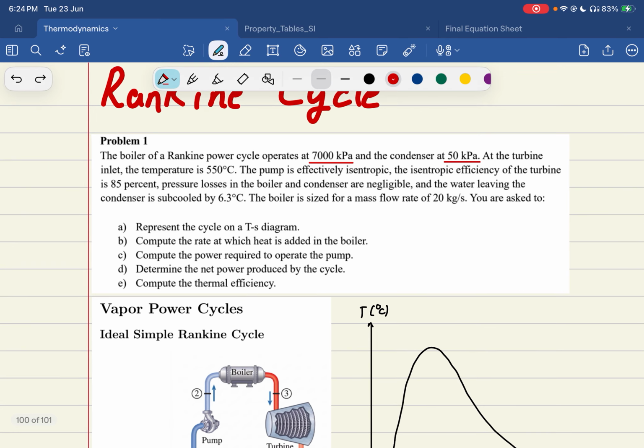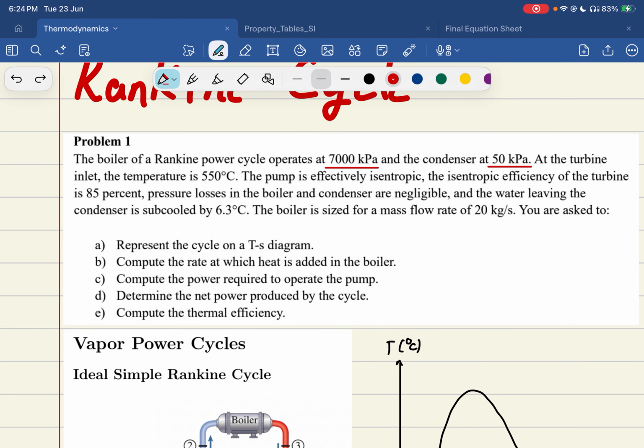Okay. And at a turbine inlet, we have a temperature. So this is T3. The pump is isentropic, and then the isentropic efficiency of the turbine is 85%. And the pressure losses in the boiler or condenser are negligible. That's where we say we're assuming it's the same. And the water is leaving the condenser subcooled by 6.3. And then the boiler's size of mass flow, so that's the m dot, 220 kilograms